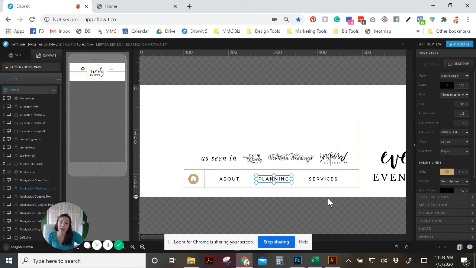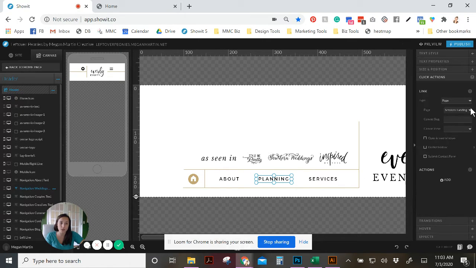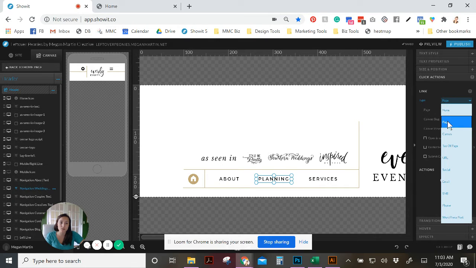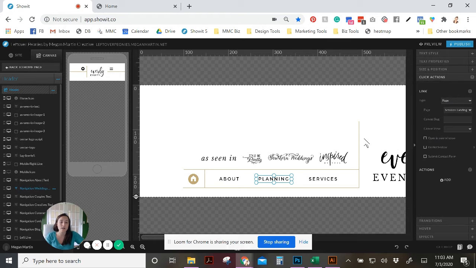You can make any element in Showit clickable. So if you had a text box that you wanted to create a click to, you can choose to send it to a page. You can choose to send it to an email, like if you had a contact button or email me now in your header, you could have that send it straight to your email. You could have something go to or be shareable on social media. So if you wanted a link that was share this on Facebook, you can easily do that. There's tons and tons of options